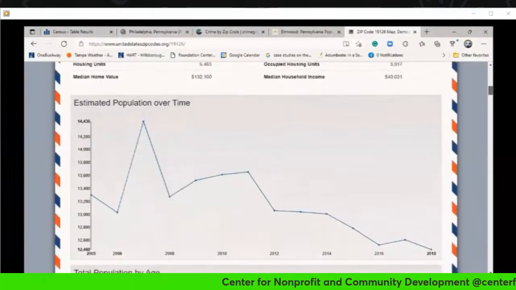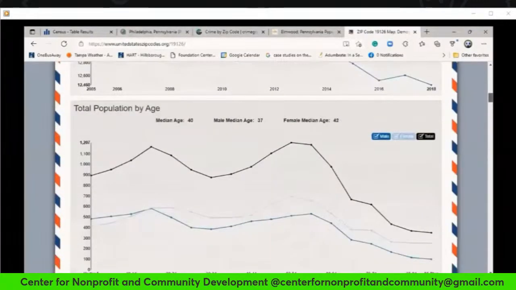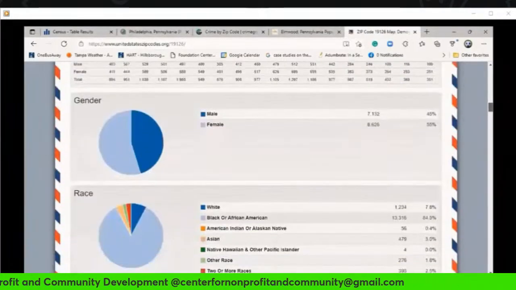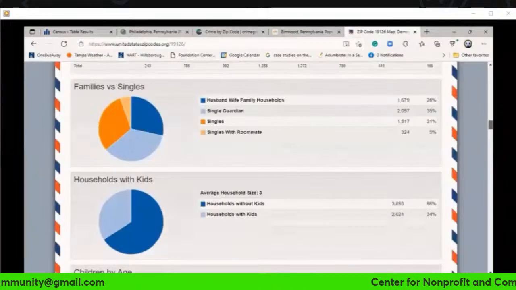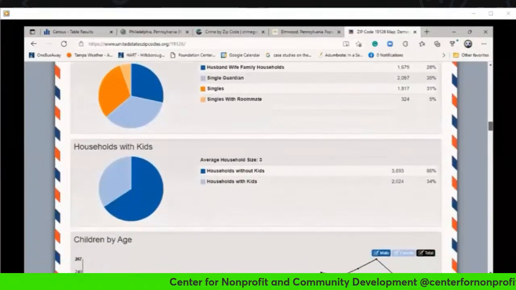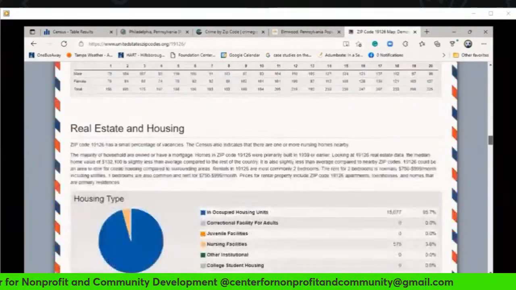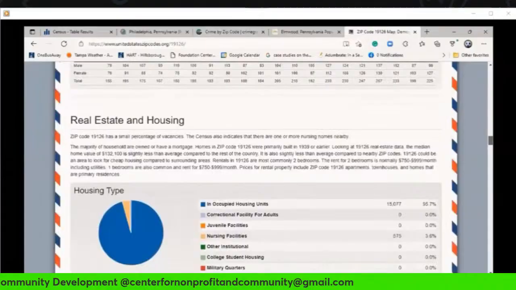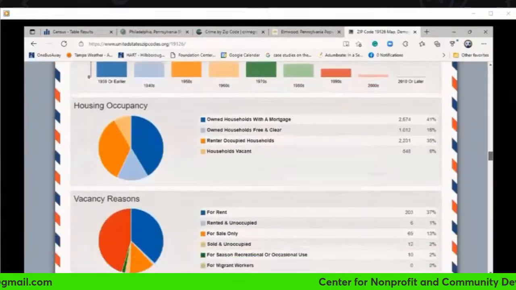I can find estimated population over time, total population, gender, head of household by age, families versus singles, household with kids, children by age, real estate and housing. You can look at when the house was built,